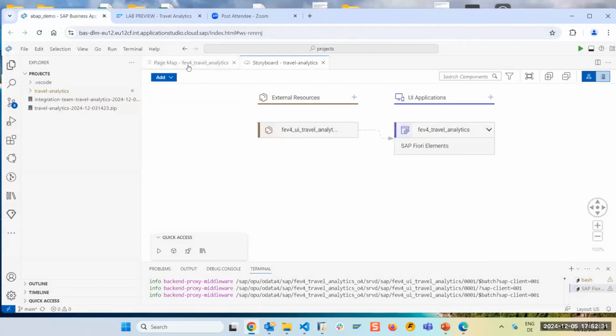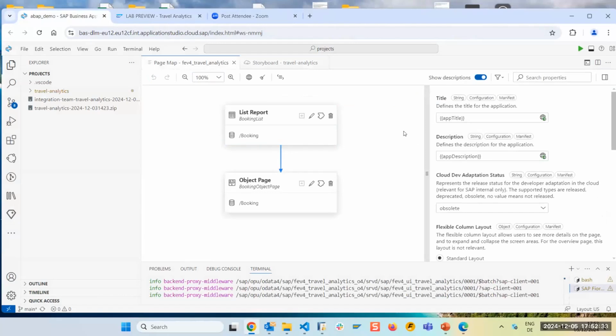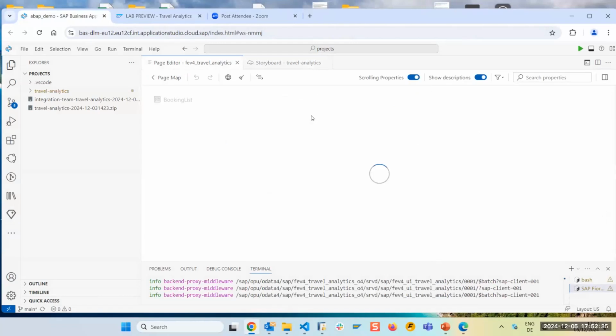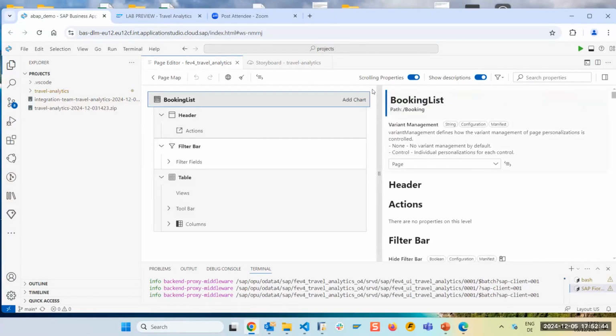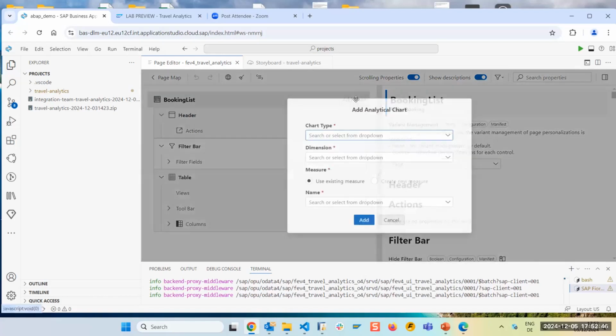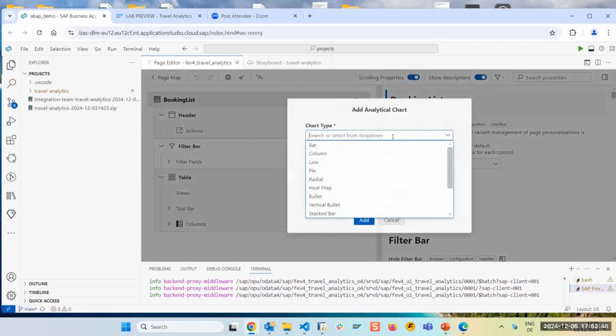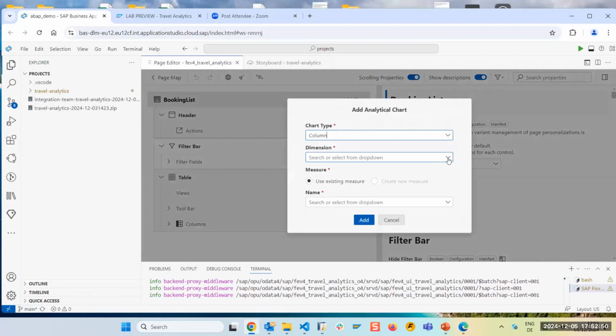So, and if I do that, then I have some more capabilities from the page editor and the page map. So I can actually add a chart here now. So this is still a classic list report, as you may know it. So now I can add a chart. Sorry, I clicked wrong. So, okay, so let's make a column chart and choose the carrier ID and the total distance.